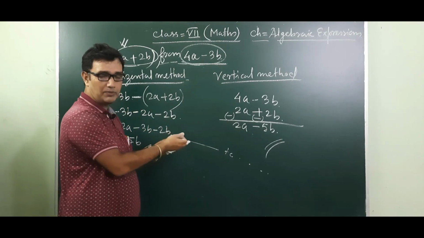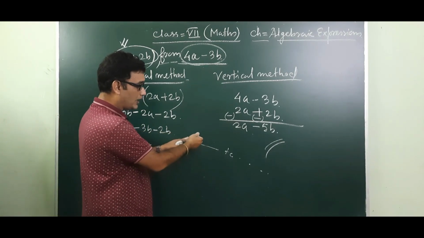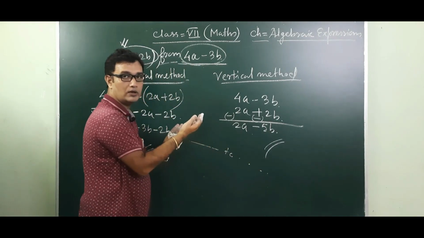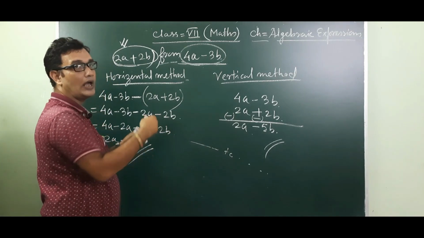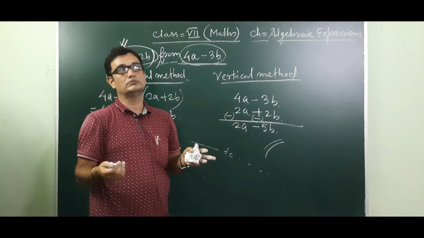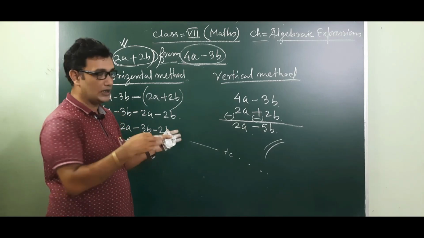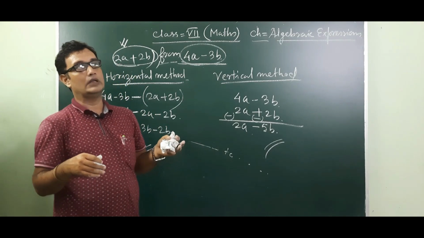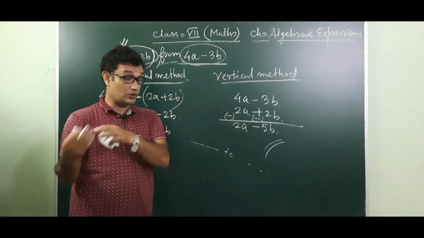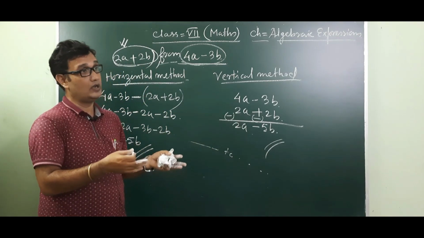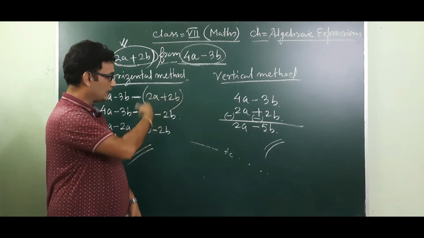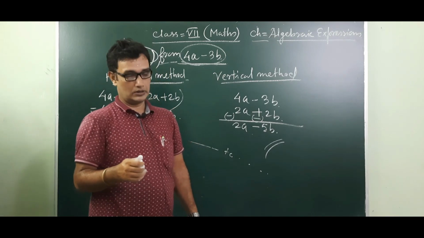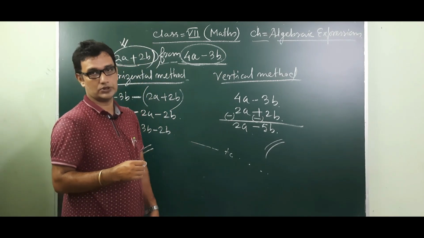So here also, if an algebraic expression is given like this, what should be added to this one to get this, it means from this one you subtract this one. Subtraction I already told you. Then suppose two numbers are given, both are algebraic expressions. If one is given, how will you find the other? From the total you subtract the one, then you will get the other. So this way, I think you can easily solve all the algebraic expression questions. And that's all from your algebraic expression chapter.